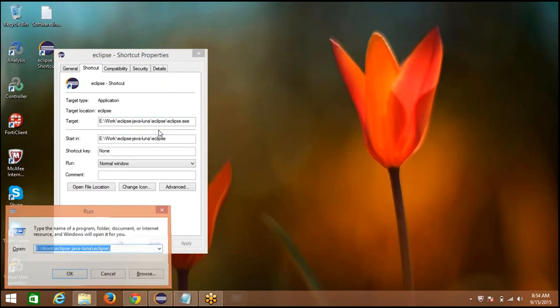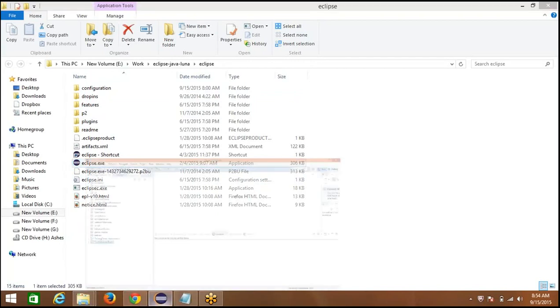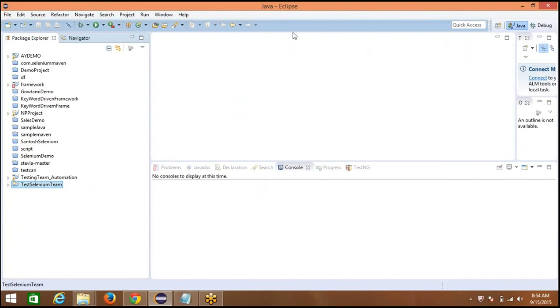Once you have extracted this, you will get the icons like this, and there is an eclipse.exe. Just double click on it and Eclipse will open like this. Okay, a workbench is a white space area, and if you see a workbench icon in the top right corner, click on it and you will be navigated to this.